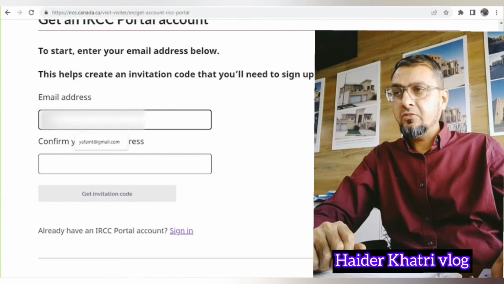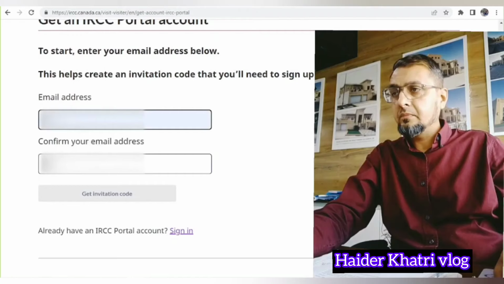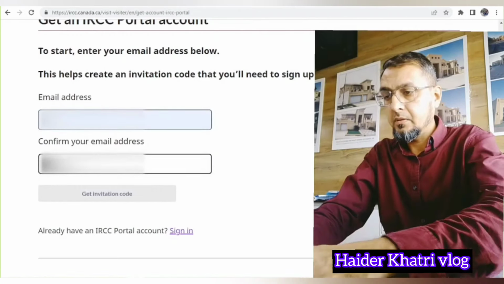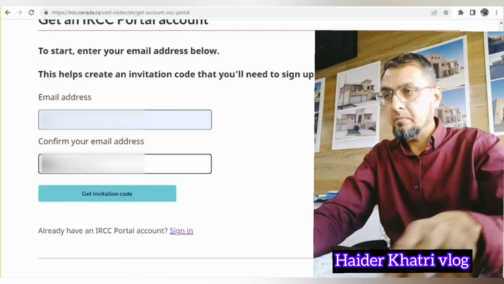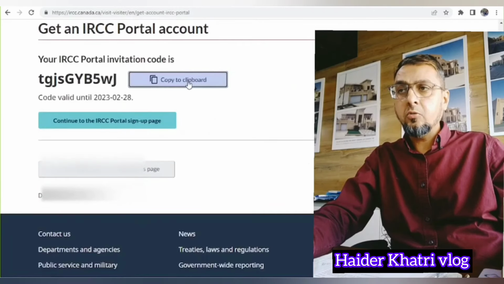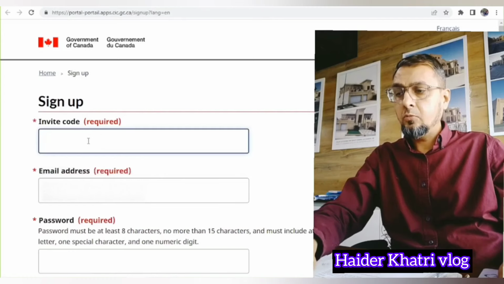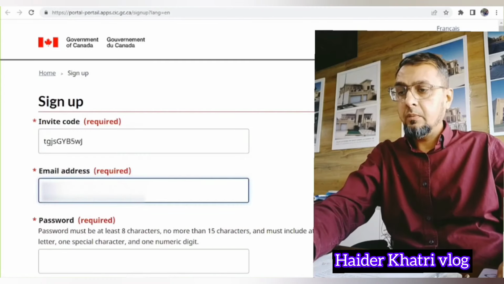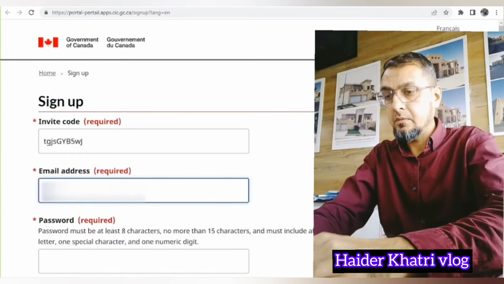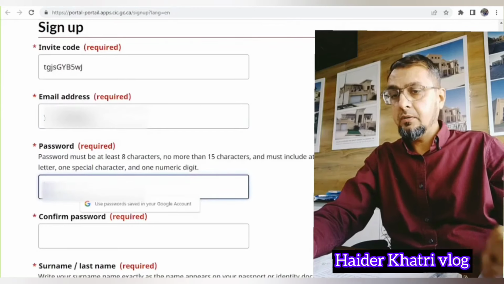Here you will have to register your email ID and confirm your email ID. Then get the invitation code. You can copy the code, then continue to the IRCC portal. Here we will have to put that code, then our email ID. Then we will select our password.